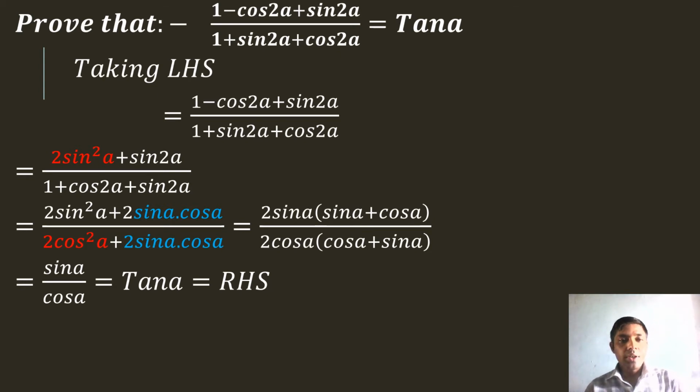So now we are taking LHS, and we have already seen that we are applying the formula and getting common terms in numerator and denominator, so that we have got RHS as sin a by cos a, as tan a. So this is only our RHS. In this way we can solve short questions, and this concept we will be applying for other long questions also.